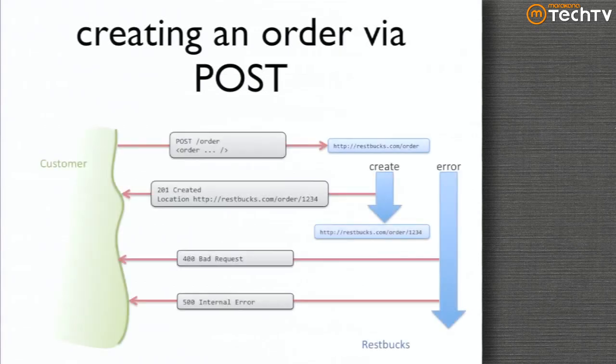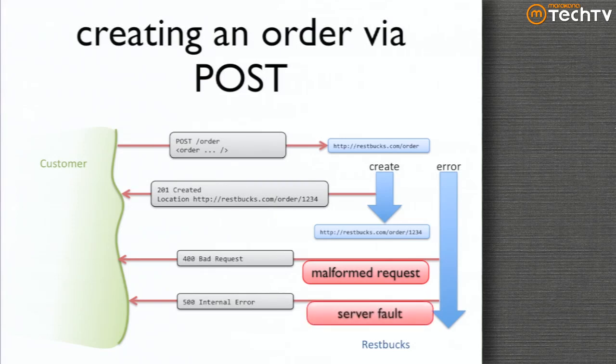The idea here, and this is what I was going back to before, is that when you actually do a post in this world to create a new order, it does a create, it sends back a 201 Created and sets its location header, but no body comes back, because there's no reason to send a body back. We sent the status back that said, okay, I created a new one for you, and here it is, but there's no reason to send back a particular payload body. You can also, of course, get error conditions here, so we might get a bad request or something like that. There's an entire series, of course, of HTTP status codes you can use for that.